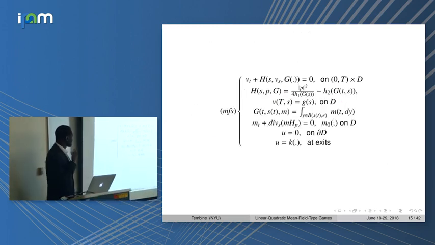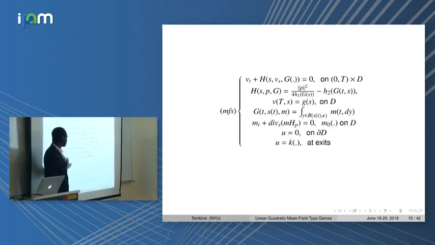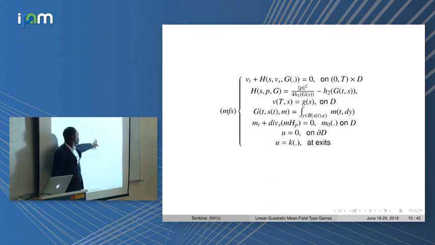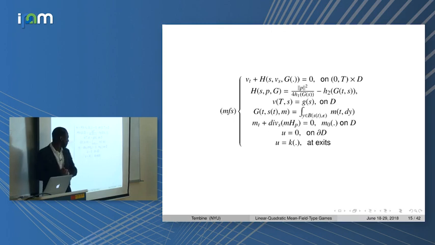The PDE associated to the constraint mean field game, constraint because you are playing on a domain D, corresponds to this. Because the Hamiltonian was quadratic in the control, you could compute it explicitly, and you get this Hamiltonian. This is the Bellman equation. It goes backward. Well, I forgot a mean field term there. So that's the Bellman equation, and this is the transport equation. H_p means the derivative with respect to the second variable.